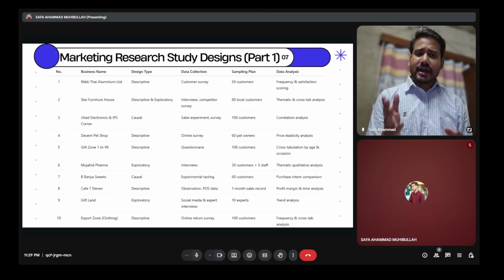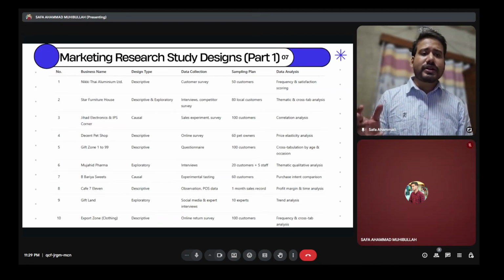For Giftland, I proposed exploratory research using social media and trend analysis to predict which gift